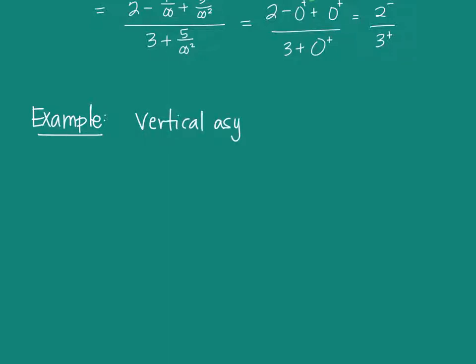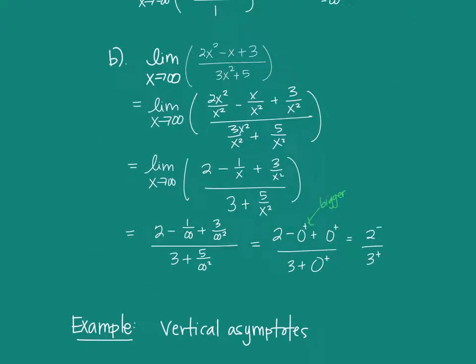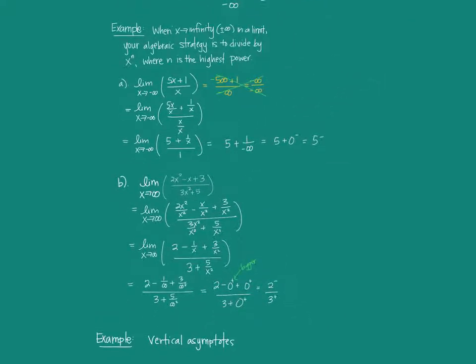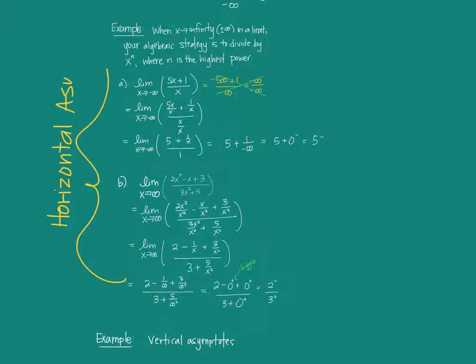All right, vertical asymptotes. Oh, by the way, these 2 examples I just did, I'm going to shrink it down a minute. Those are horizontal asymptotes. You're always going to get a horizontal asymptote when the x is approaching some kind of infinity. You're always going to have an end behavior. Sometimes they call them end behavior asymptotes. They want to know what's happening at the end. When you get to the end of the life of this function, what's going on.